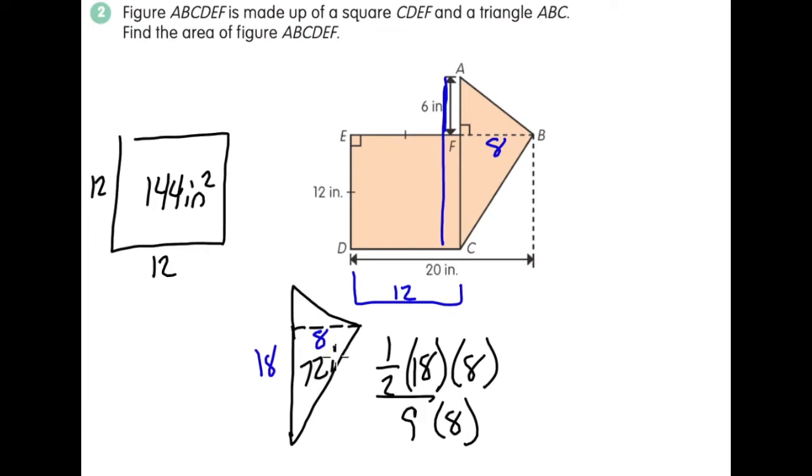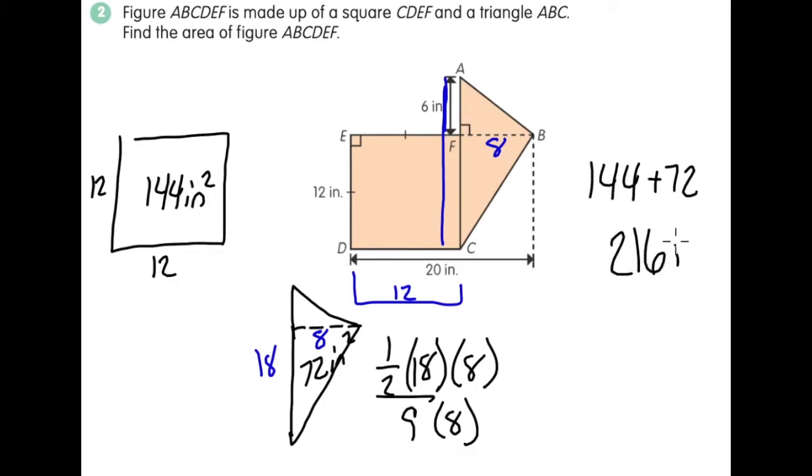72 inches squared. And then to find this total area, again, we would have to add up both areas. So that's 144 and 72. When we add 140 and 70, that leaves us with 210 plus 4 and 2. That leaves us with